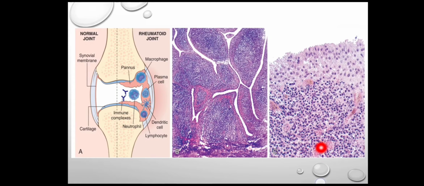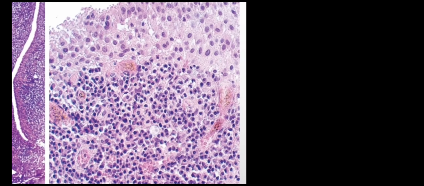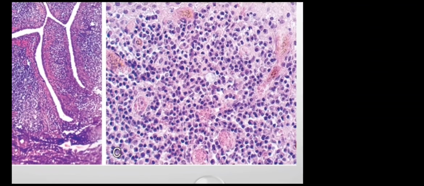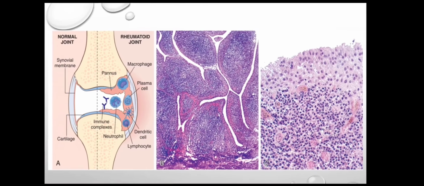You can see small proliferating capillaries here filled with RBCs. So there is a proliferation of capillaries. Plasma cells are characteristic features of rheumatoid arthritis. So here you can see, I am trying to point out a plasma cell here. Okay, see above my red pointer, this is a plasma cell. The majority I can make out are plasma cells. I hope you can make out too. So this is characteristic of rheumatoid arthritis.